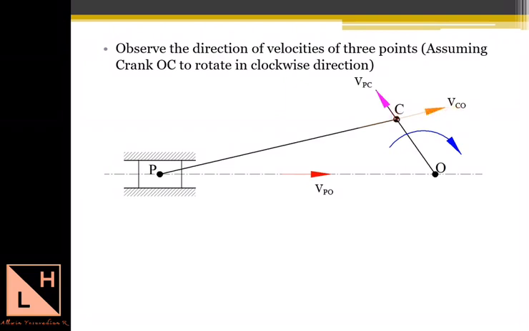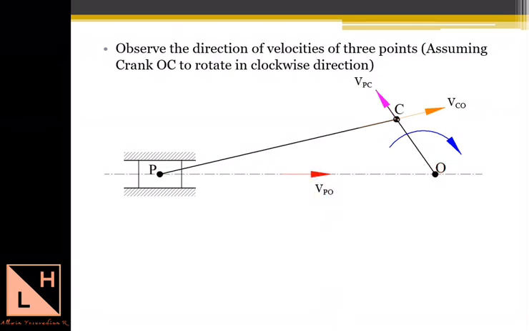And when we refer to the next moving part in this mechanism, which is the slider P, if this crank OC is rotating in clockwise direction, the slider P will move towards the right side. As we see here, the direction is mentioned towards the right side, and this point P will try to move towards point O, and this velocity is given as VPO because this is the velocity of point P, which is moving towards point O. So hence we give this velocity as VPO.